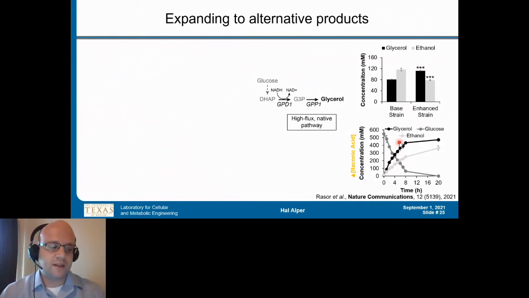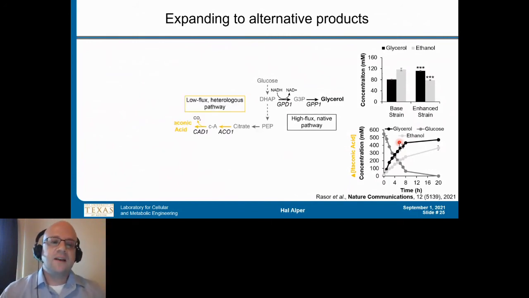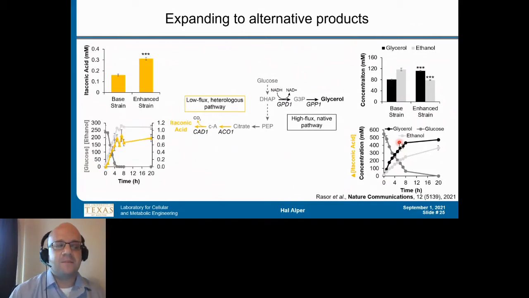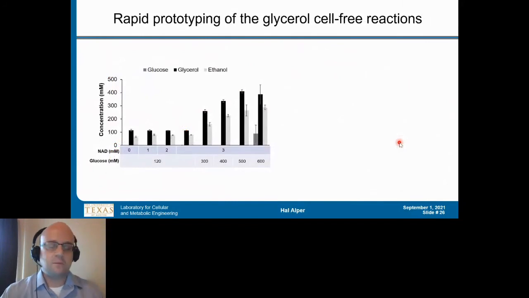We also looked at the same type of thing for itaconic acid. I hadn't talked about that in the presentation yet, but really we were able to rewire this through a series of different mutations that we had published on a couple of years ago and be able to go from a base strain and almost double the amount of itaconic acid that can be produced in that in vitro lysate from our rewired cell. So just kind of digging in here, once again, we can go through the rapid prototyping.